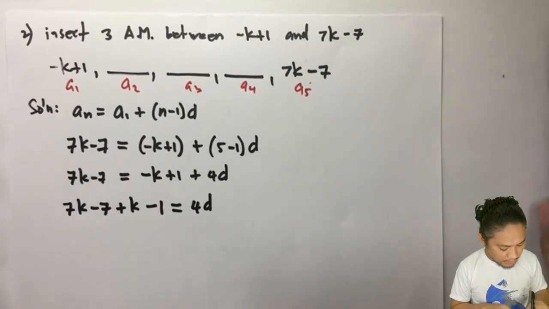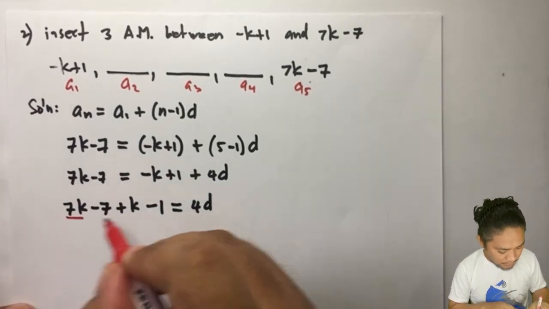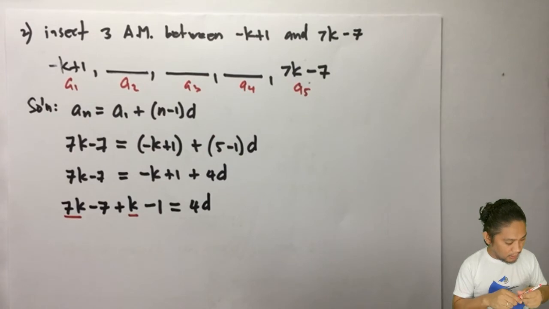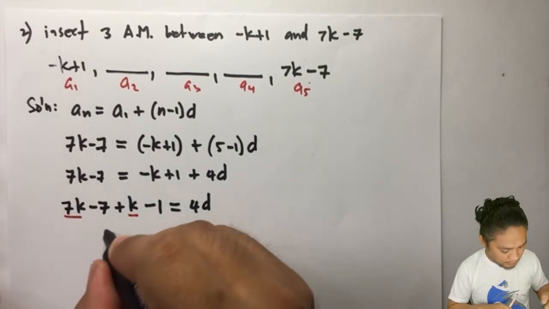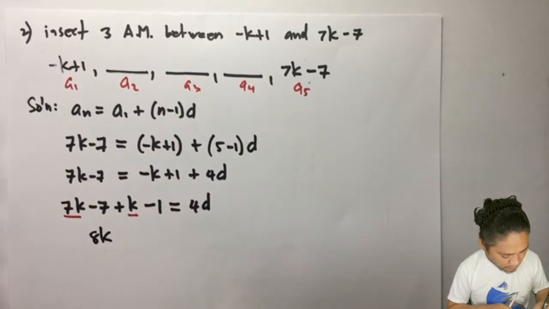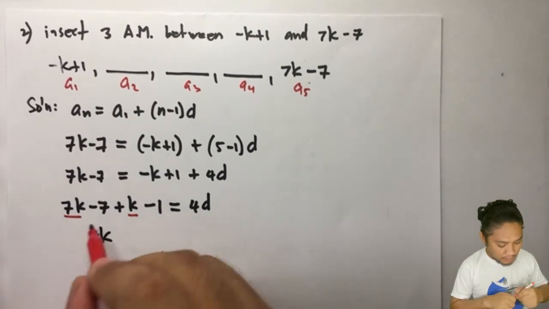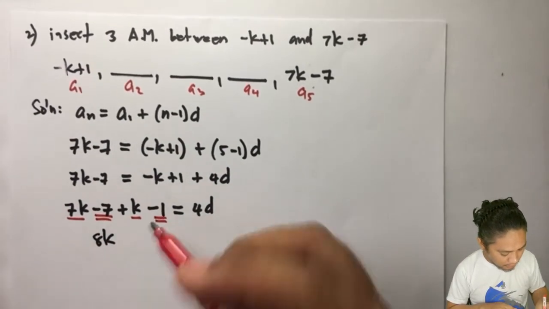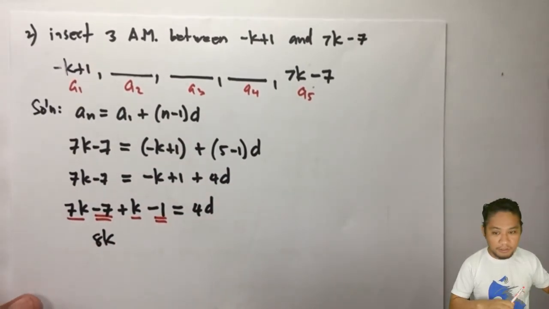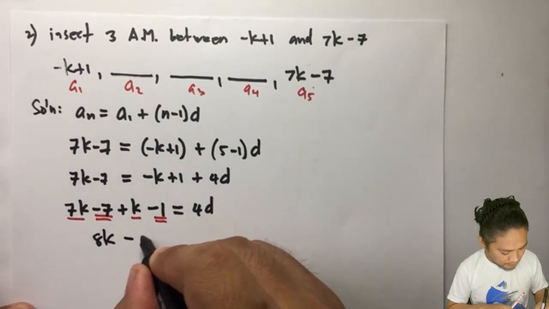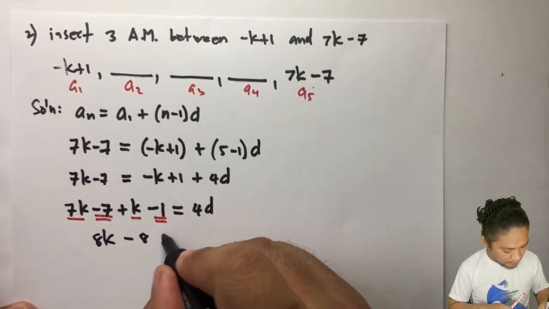So 7k and k is 8k, and of course negative 7 and negative 1 is negative 8, equals